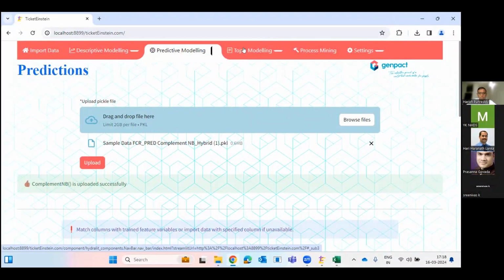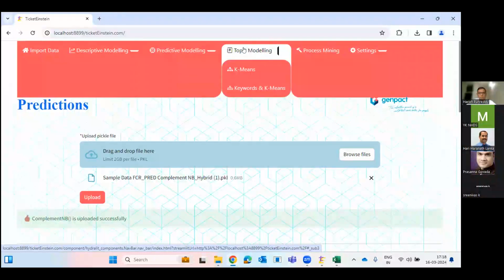Very quickly, let me get into the topic modeling. From a data science perspective, we all know about k-means. It's a clustering algorithm. What I mean by clustering, not trying to confuse the audience here, is to bring together similar instances.